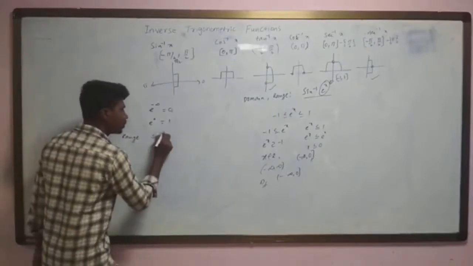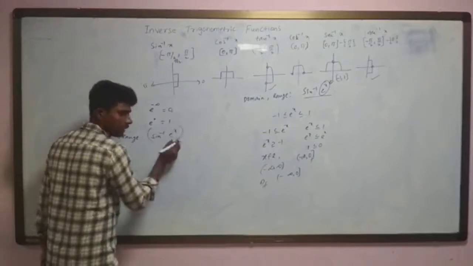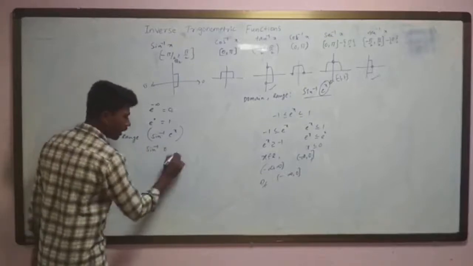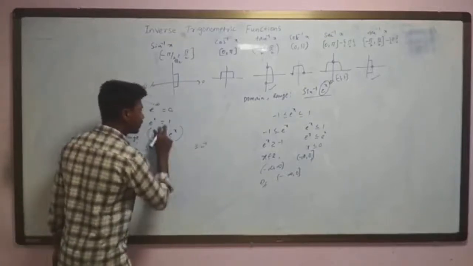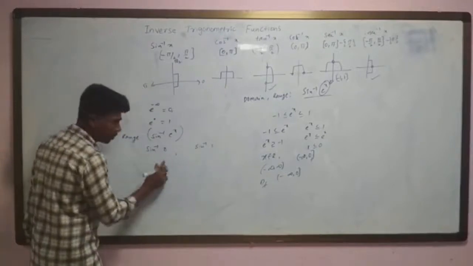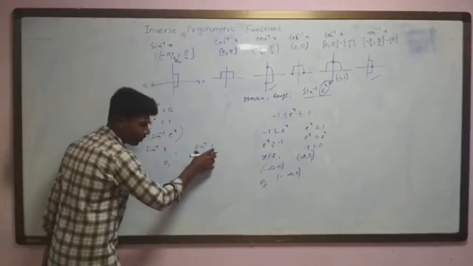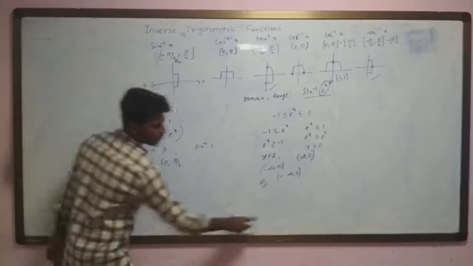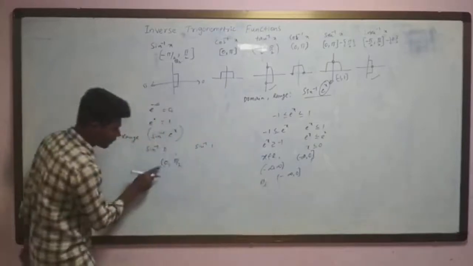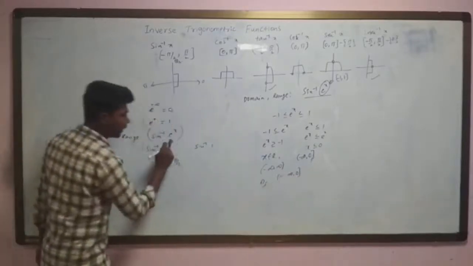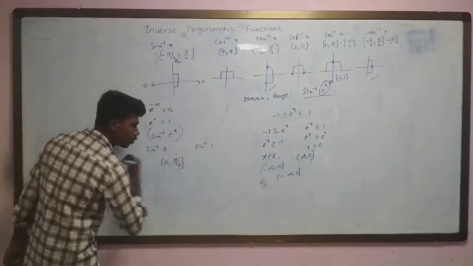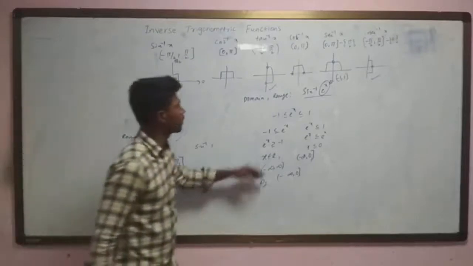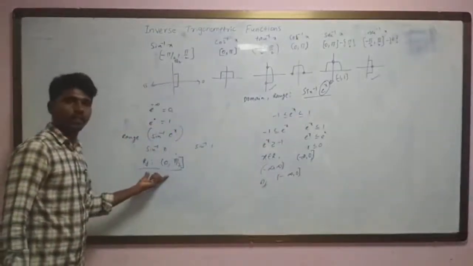Therefore the range of sin inverse of e power x, the total thing, lies between sin inverse of 0 and sin inverse of 1. What is sin inverse of 0? 0. And what is sin inverse of 1? Pi by 2. So 0 is open because minus infinity is open, and for this it's pi by 2, which is closed. This gives the range of the given function. So this is the domain of the given function and this is its range.